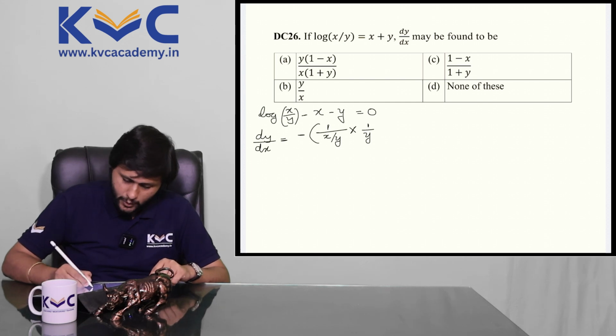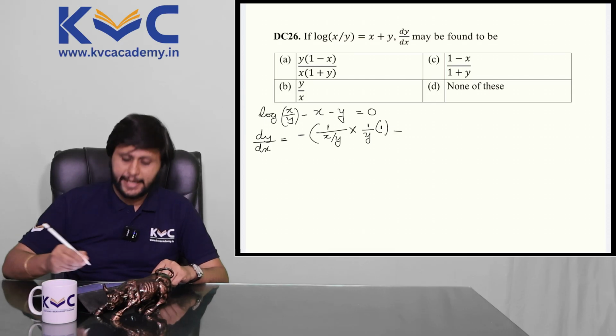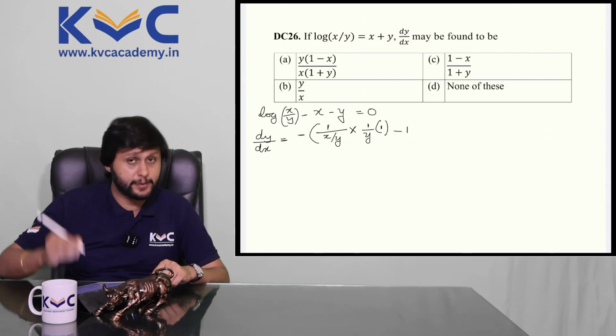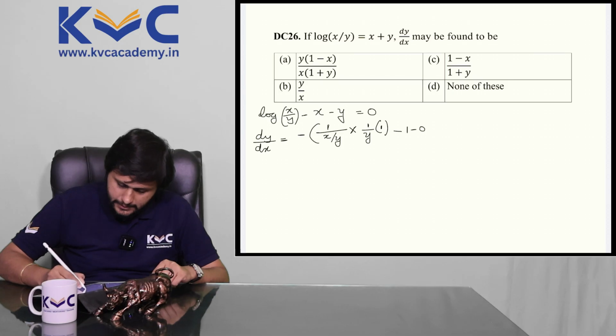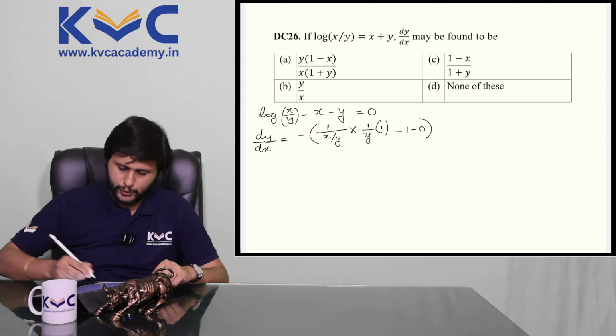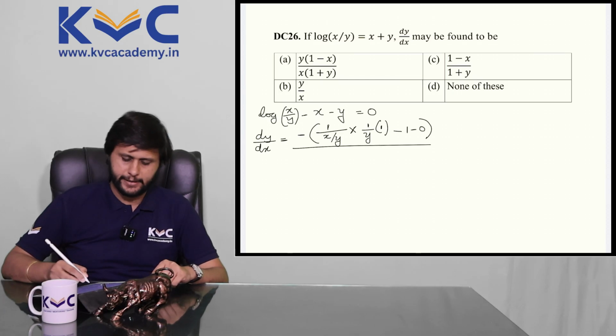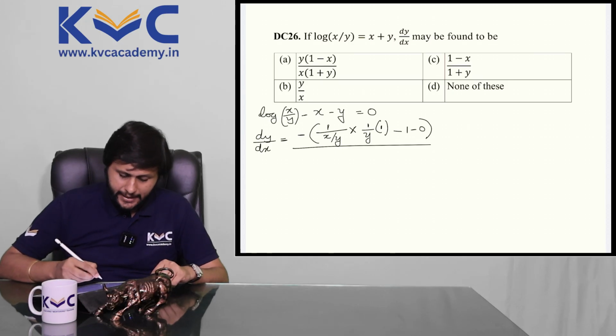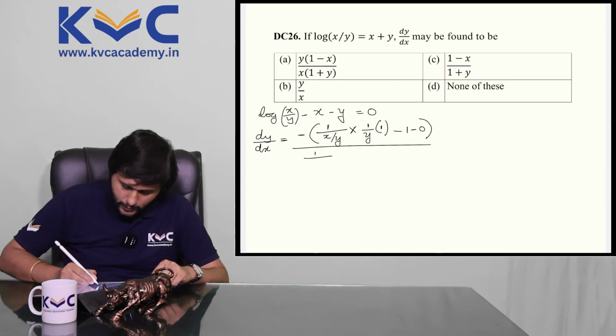Differentiation of x is 1, I'll write into 1, minus differentiation of x. Differentiation of x is 1. Differentiation of y is 0. Bracket close. All divided by differentiation of, again we have log x, 1 by x